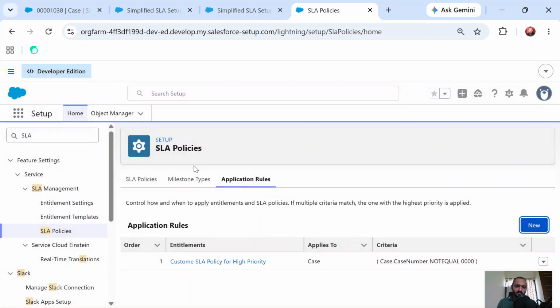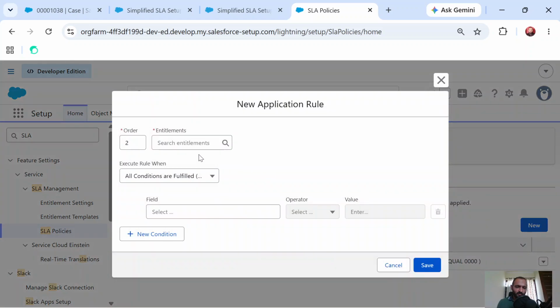Suppose I have multiple policies in place, this one is a policy, and I am setting a new policy here, and suppose both are active, and at a given time the criteria of both of them get fulfilled, then which one should get applied? So this order gives you the option to set which one should be picked up. And entitlement, so let us have